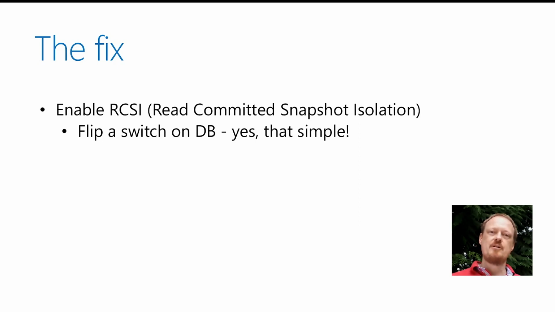So, highly recommended. Don't use the read committed default isolation. Don't use it unless you want to be blocked, you want to wait for locks, and you want inaccurate results. Then you use the default isolation level. If you want accurate results, if you don't want readers to block writers and writers to block readers, if you want fewer blockages, so a faster, smoother system with accurate results, enable RCSI, read committed snapshot isolation. Your database will run much smoother, much better.